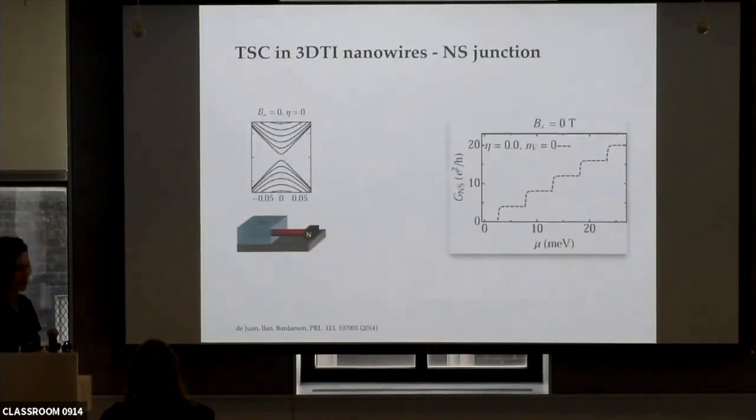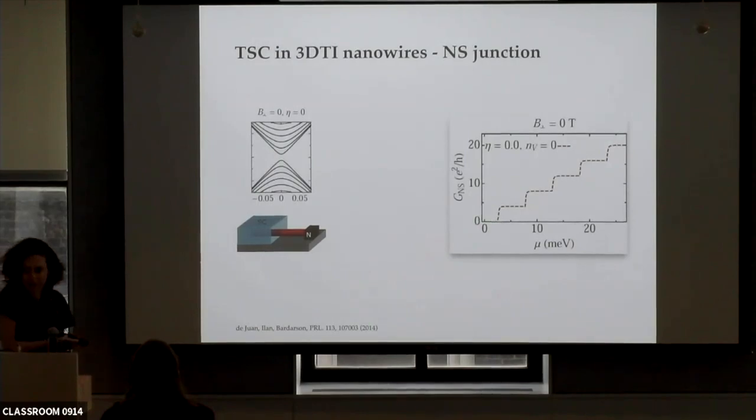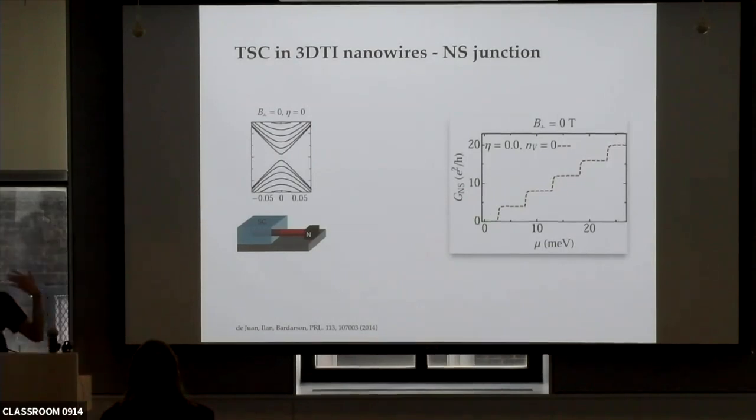And so we simulated this for the TI wire. Basically, we took the TI wire, we put this interface between superconductivity and nothing, just a normal region, and calculated the conductance. So here is the band structure in the absence of flux, it has a gap, and here is the conductance that we computed. As you can see, it's quantized at 0 when you're in the gap, and then starts increasing in steps of 4e²/h, because you keep adding an even number of modes.